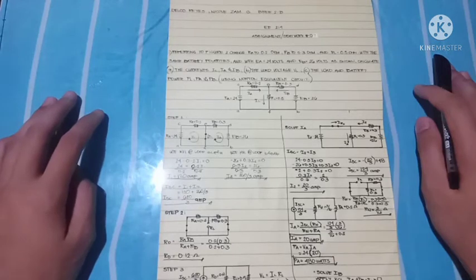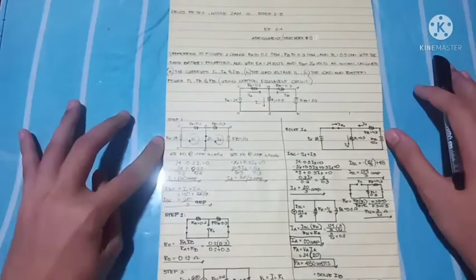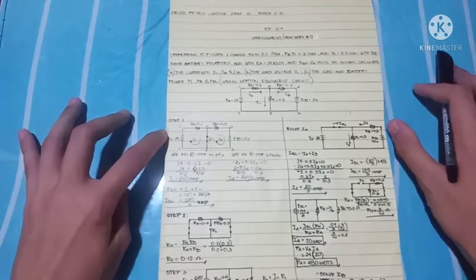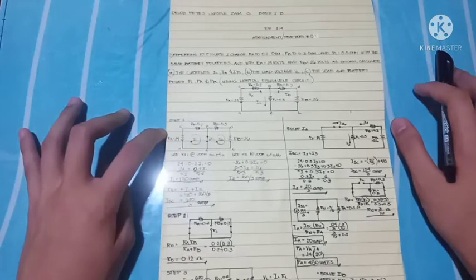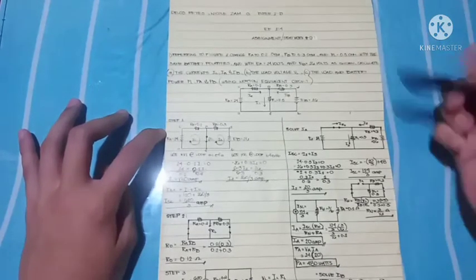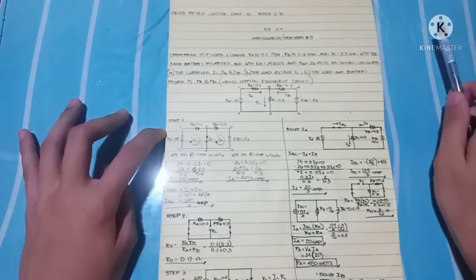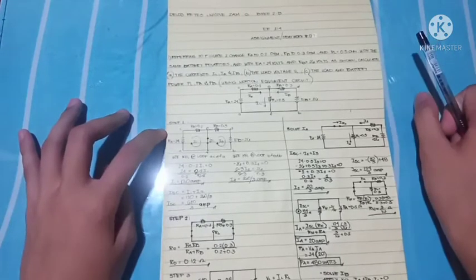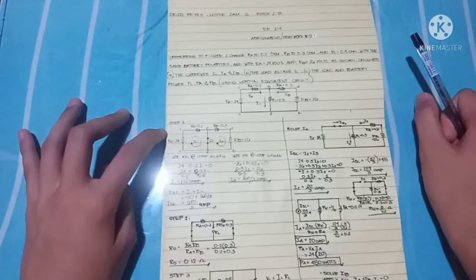So in assignment number 7, the problem is: referring to figure 2, change RA to 0.2 ohms, RB to 0.3 ohms, and RL to 0.5 ohms with the same battery polarities, and with EA equal to 24 volts and EB equal to 26 volts. As shown, calculate A, the currents IL, IA, and IB; B, the load voltage;